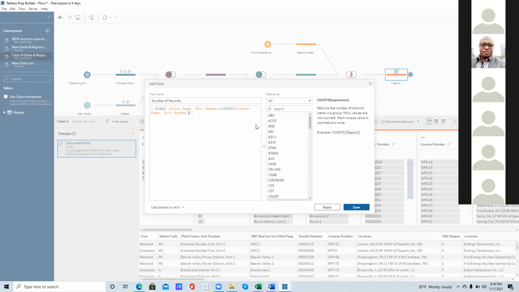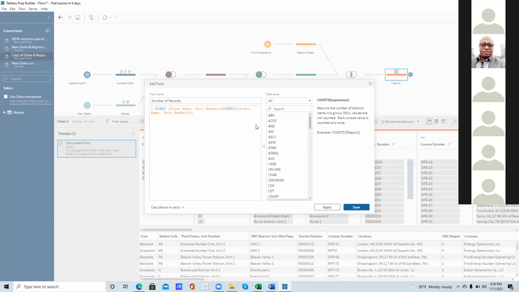Now this will give you the same result as count D at the report level. But because you are at the data source level, what you are doing is telling Tableau to look at this plant name and give me the count D at that level. Because you have so many joins, Tableau does not know how to count this data.